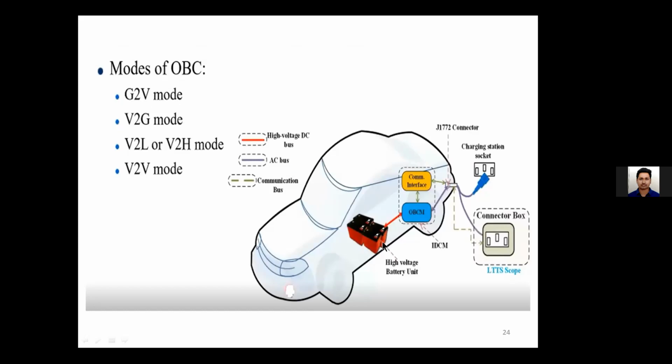This is not used in India, but some countries are trying to utilize this mode of operation. Similarly, V to L or V to H, where L means load and H means home. In our homes, we generally use inverters because sometimes there might be power cuts. Especially in villages, this problem is more relevant. In most cities, inverters are one of the common appliances nowadays, because we cannot stay even 1 minute without electricity.